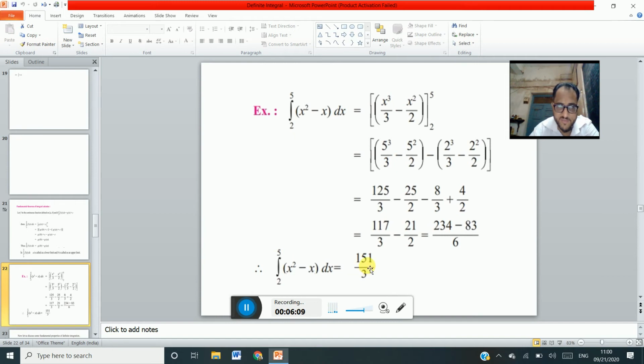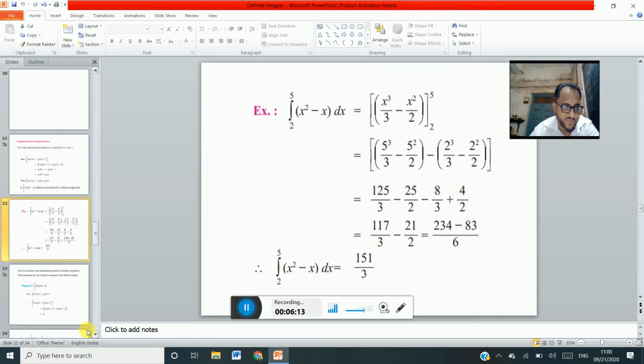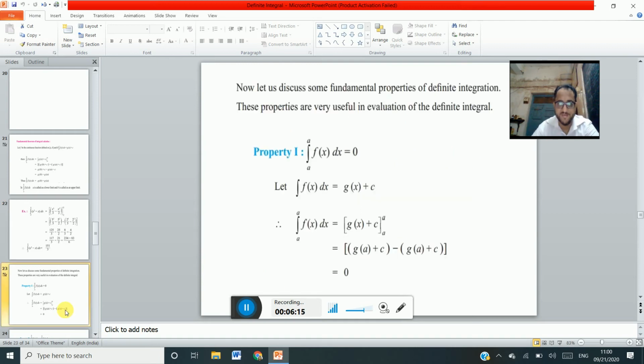I think there is a misprint, so try to understand and try to correct that misprint from the textbook, right? Now there is properties of the definite integral. This should be the important topic here. There are 7 properties of definite integral. We see one by one, and examples depending on these properties are there also.